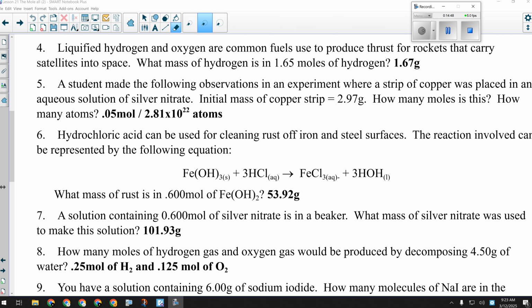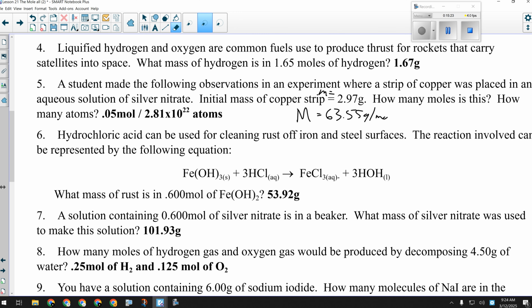Okay, guys. So let's have a look here at number 5. It says the student did this experiment where they put a strip of copper in an aqueous solution of silver nitrate. The initial mass of the copper strip was 2.97 grams. How many moles is this? Can I find out how many moles of copper are in 2.97 grams? Yeah, because this is my mass. My molar mass is going to be for copper, because it's just copper, 63.55